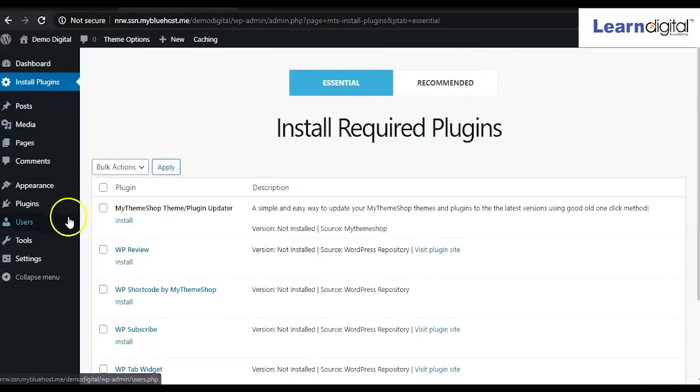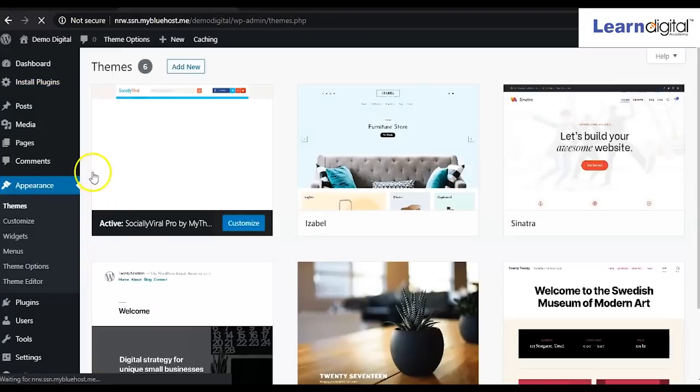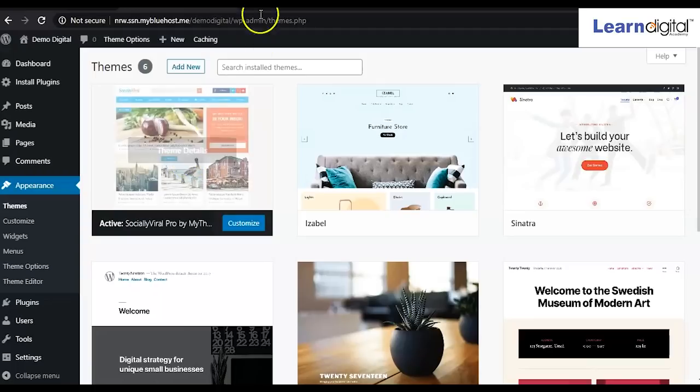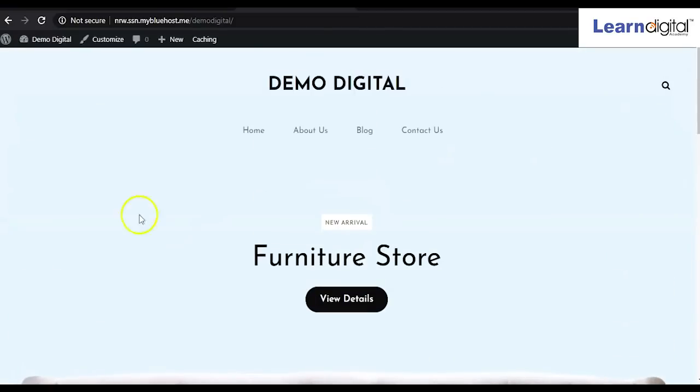No need to go. So for checking that theme, just go to appearance and click on the theme option. So here now you can see this theme. This theme is activated now, right? You have to work on one theme first to understand it. Just work on one theme, then accordingly you can change the theme and work on other themes as well, right? So this was the old one. Now if I refresh this page, we'll see the changes.